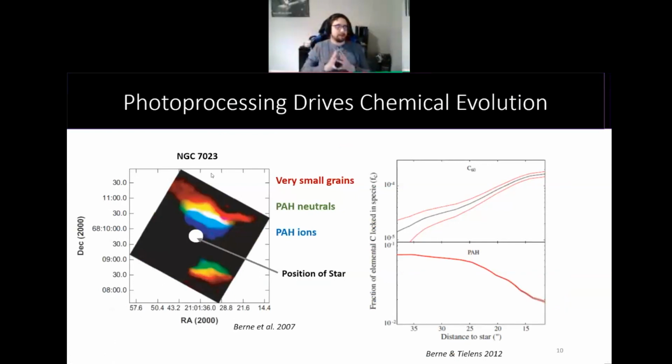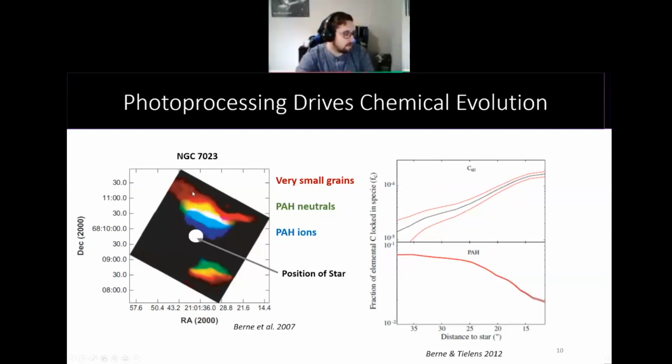However, we also find that this emission varies spatially within extended galactic sources. So for instance, in the very well studied reflection nebula NGC 1723, we find a stratification of emission from components that are related to PAHs. So here I introduce another component called very small grains. They're typically related to PAHs in that they are expected to have aromatic subunits as well, but they are larger in nature, so maybe up to about 1,000 carbon atoms and 10 nanometers in size.